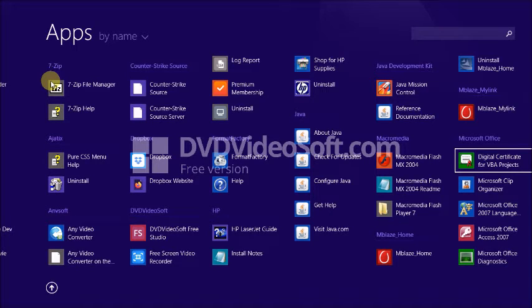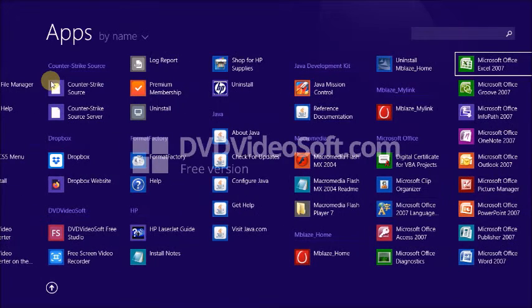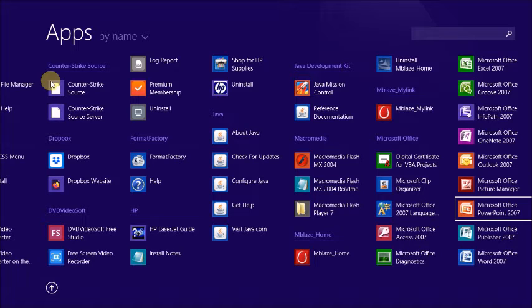The first one is Digital Certificate for VBA Projects, Microsoft Clip Organizer, Microsoft Office 2007 Language, Microsoft Office Access 2007, Microsoft Office Diagnostics, Microsoft Office Excel 2007, Microsoft Office Groove 2007, Microsoft Office InfoPath 2007, Microsoft Office OneNote 2007, Microsoft Office Outlook 2007, Microsoft Office Picture Manager, Microsoft Office PowerPoint 2007, Microsoft Office Publisher 2007, Microsoft Office Word 2007.